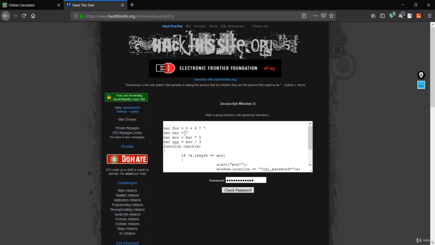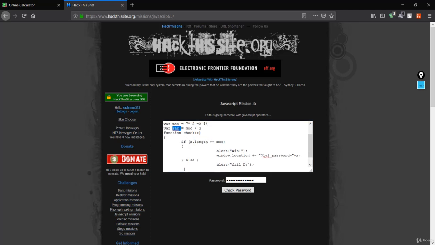So now bar will have 7, and now we have the mo variable, created with bar, which has the value of 7. If you multiply 7 by 2, you will get 14.